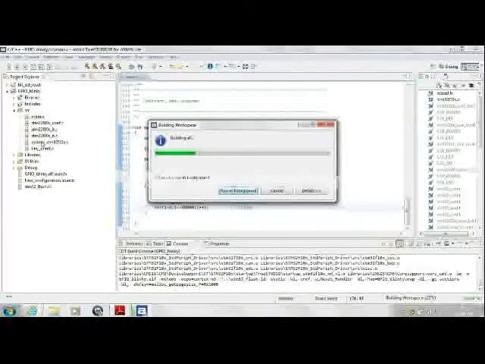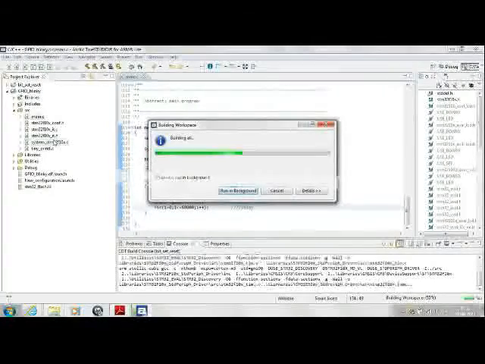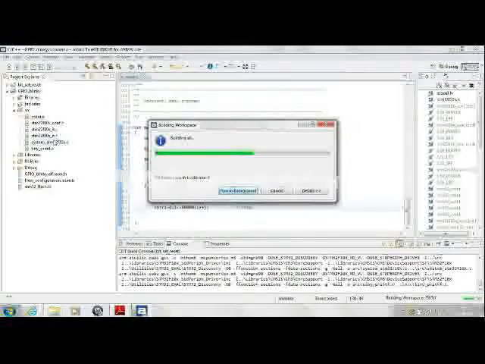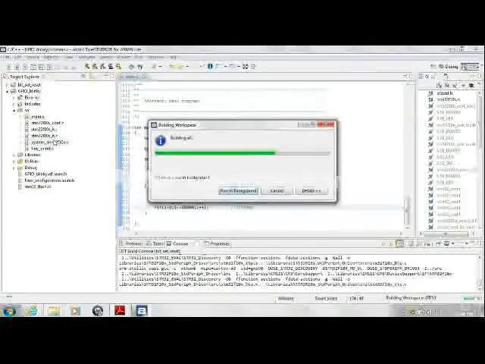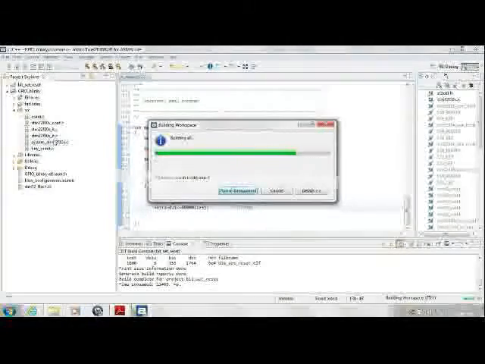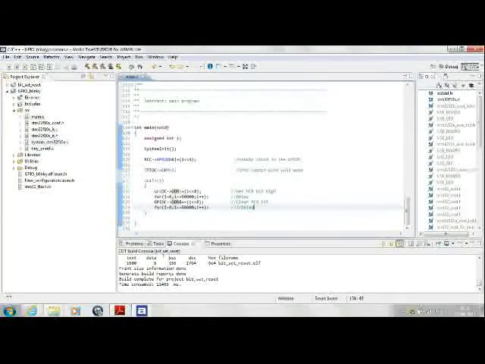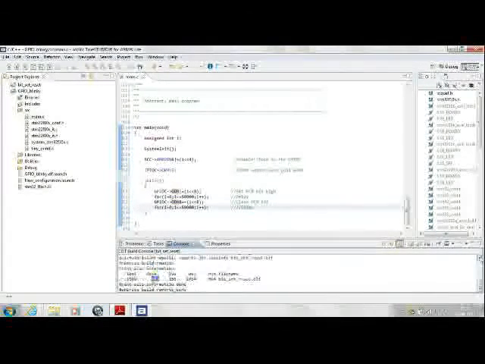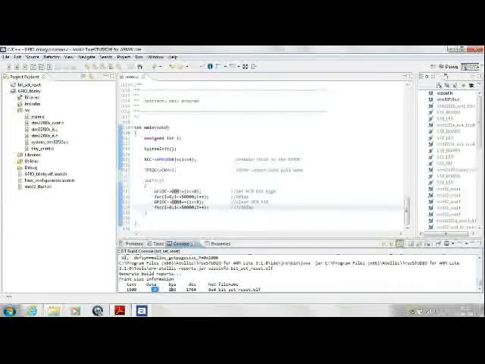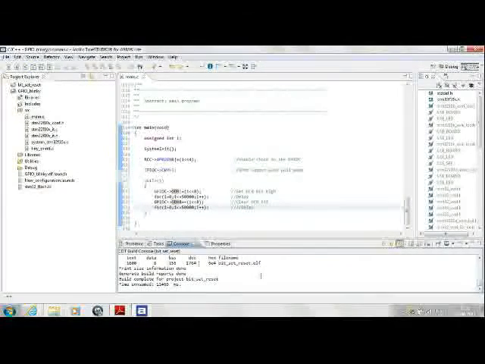All the components of this code are being built, and they're converted into an image that can be placed on the flash memory of the controller, and it can be run from there. We'll just wait till the building is over. Yes, it says that it has 8 data bits, and whatever else the information that you want to have, the code data, the decimal value of it, everything is put here. You also have an ELF, that is executable load file, which is being created.